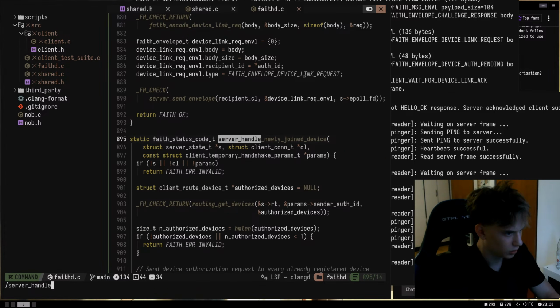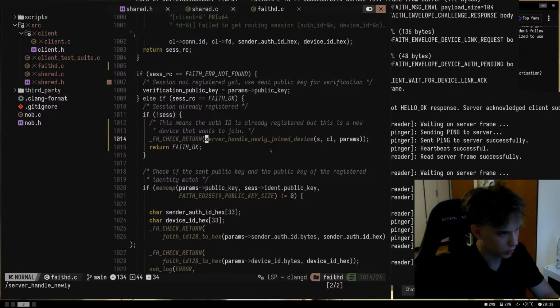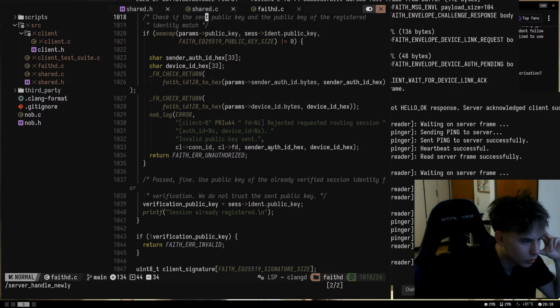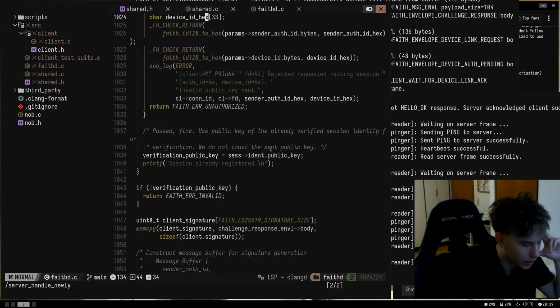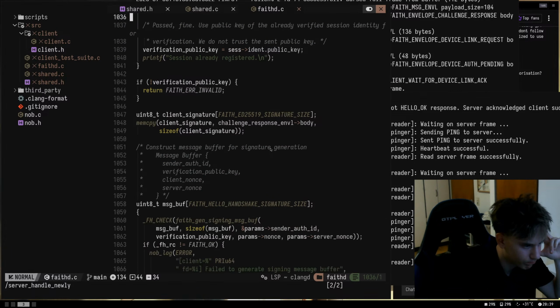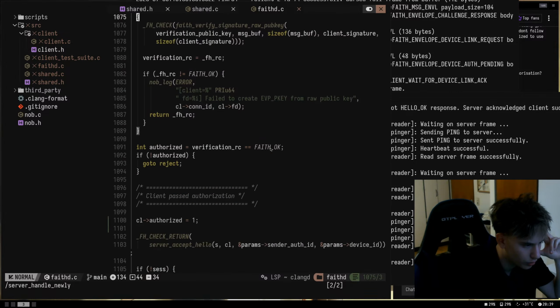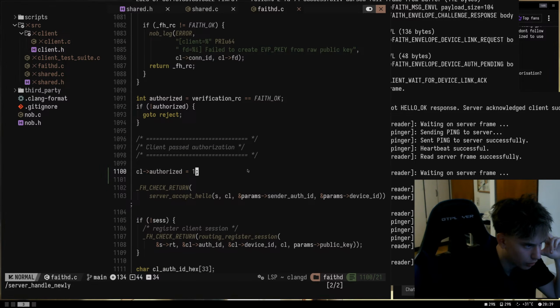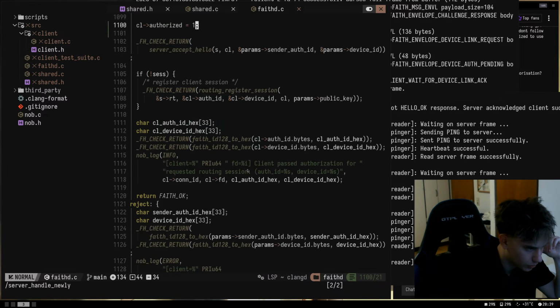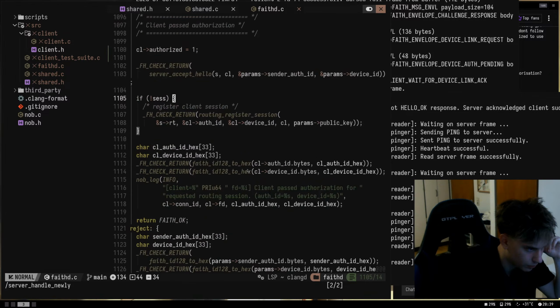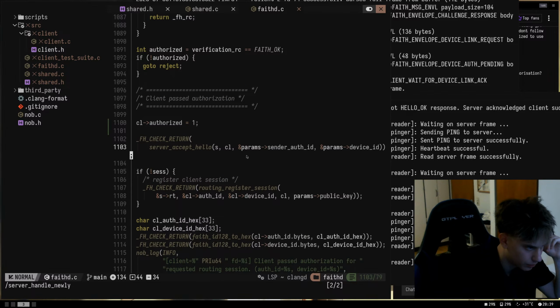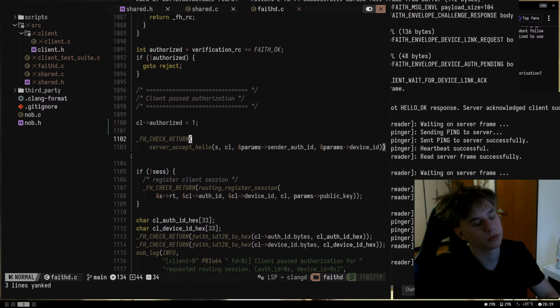Handle newly joined device. Right. Do we do anything that we forget to do? CL authorize is equal to 1, except hello. Routing register session. So accept hello is the main thing, right? What if we just accept hello